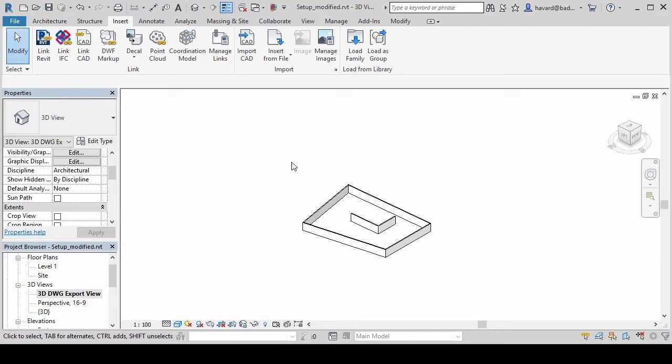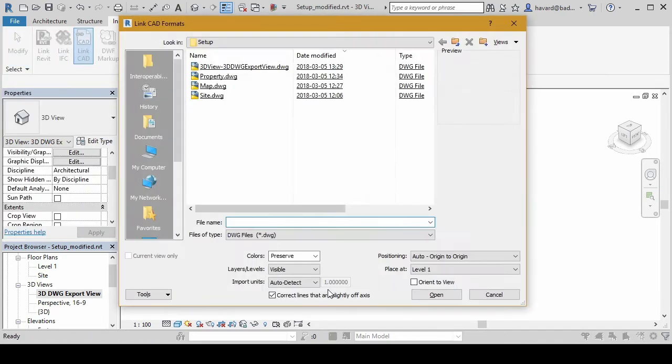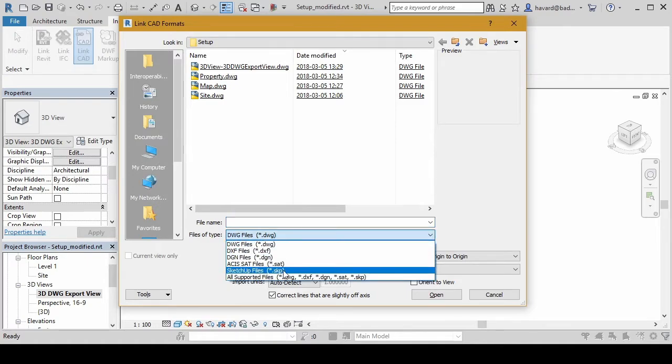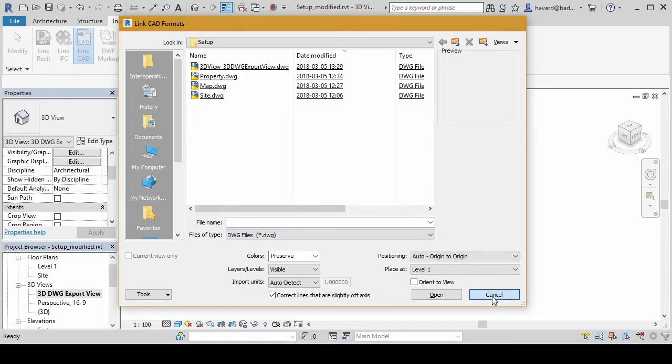Again, repeating what I said earlier, you can choose if you want to link CAD or import CAD. There's something to be said about the link tool, though, is that when you link geometry from Rhino into Revit, you can't choose the Rhino file format directly. You can only choose SAT files. So if you want to link geometry from Rhino, if that's really important to you, you have to export to SAT from Rhino. We'll look into that later.